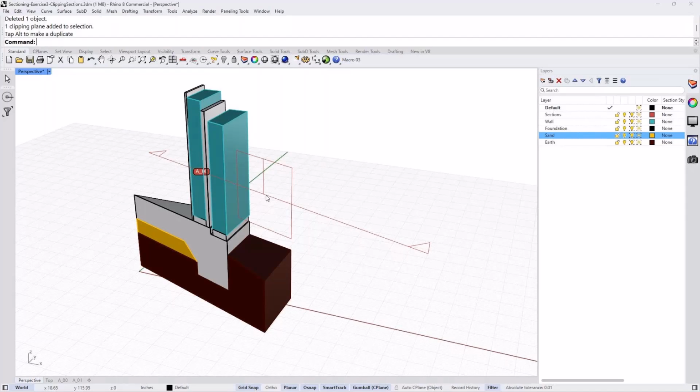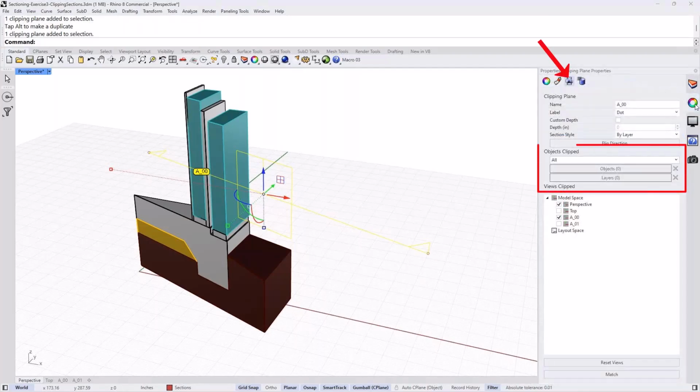If you recall, we are given the option to select the objects we want to cut through, but you can also do it anytime in your modeling workflow. By selecting the clipping plane and going to the property panels, you see under object clipped, you see all.